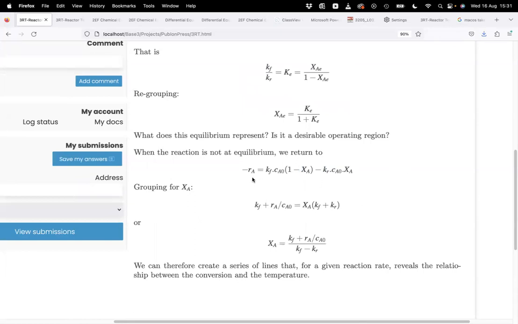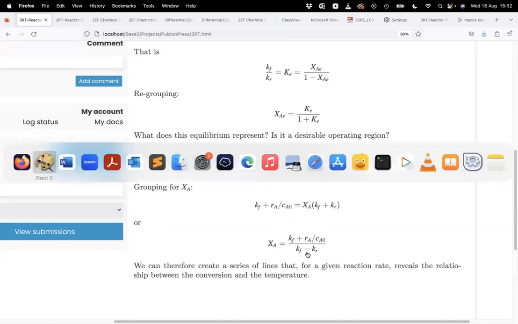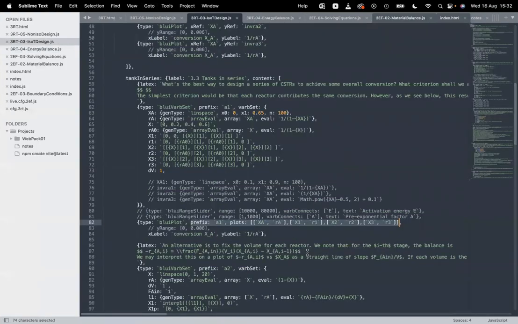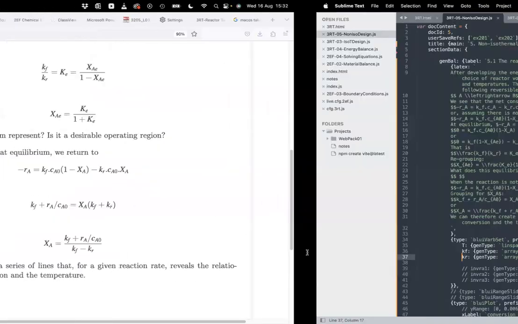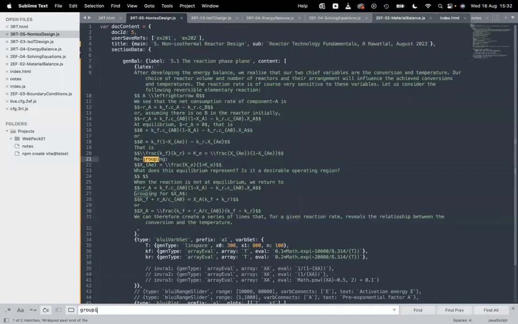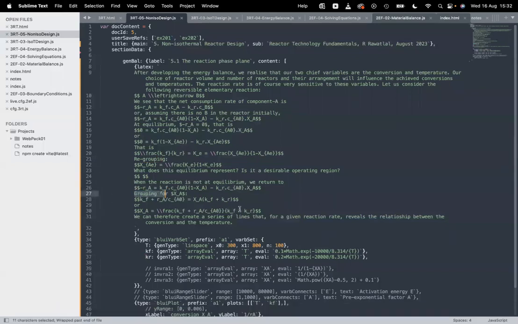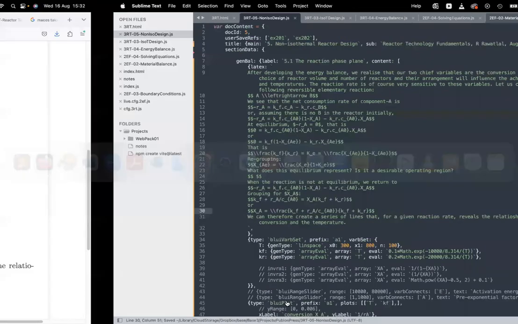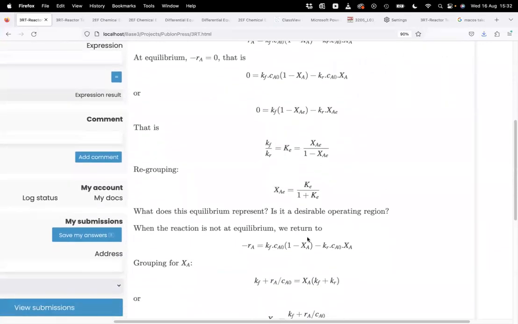Let's go back to this equation and let's keep this. Let's not zero this off. We want a nice reaction rate, so we might as well keep this. And then we can see here Ca naught, so we might as well divide by Ca naught. And then we've got the Kf. So let's group out the Xa's. We can see Xa's here. So let's move this Kf onto that side, so Kf plus that. And then group the remaining Xa's here, so you can see Kf plus Kr. I can see I've got the wrong sign here. One second, let's just correct this. So this one is a plus. Right, so we can see here we have